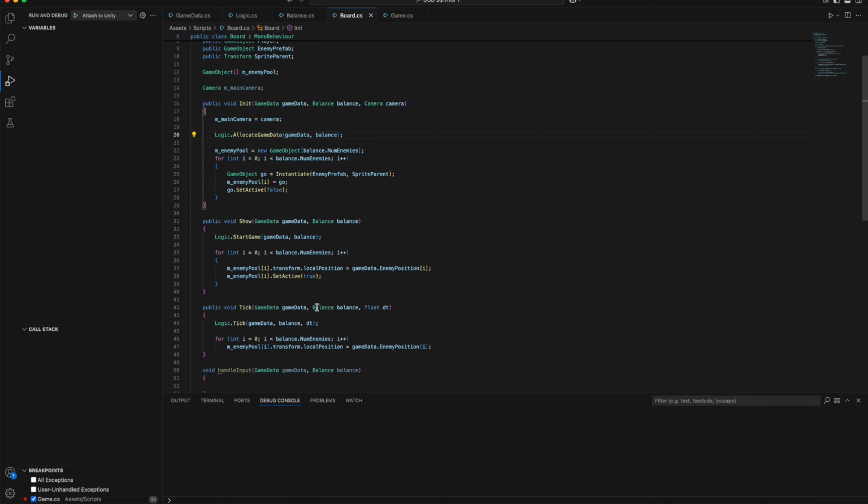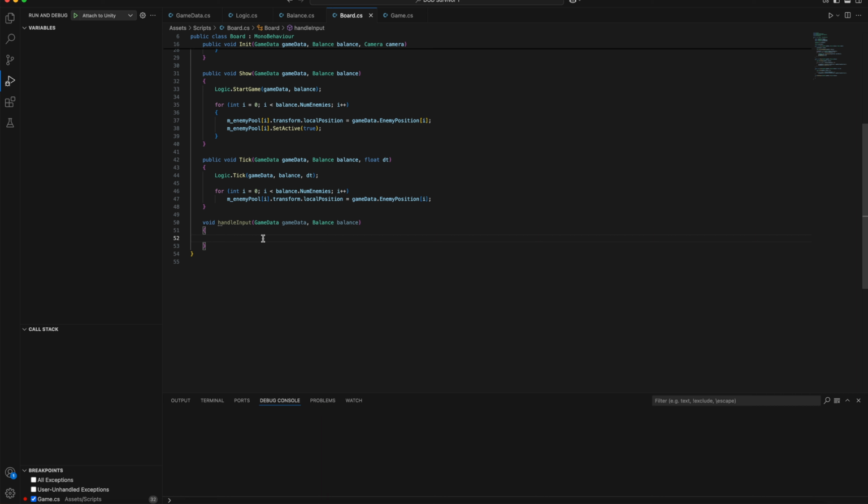And this means that now in our board we can say that our mouse position is input.mouse position, and then we can say that our world position is the